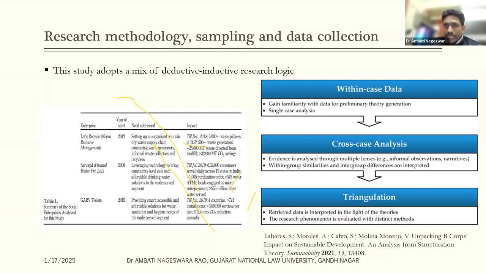I'm not saying that it is a government job, but at the same time, you can see that they have a guaranteed income. Their lifestyle has changed. Now they're no more at risk. I'm talking about the rag pickers who are working with Let's Recycle. With the help of Let's Recycle, these rag pickers are even getting some ID cards, like address